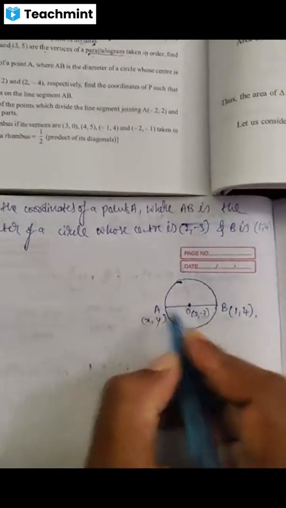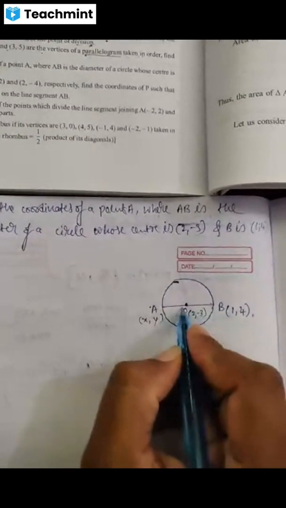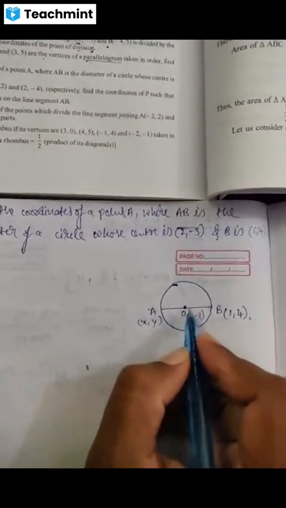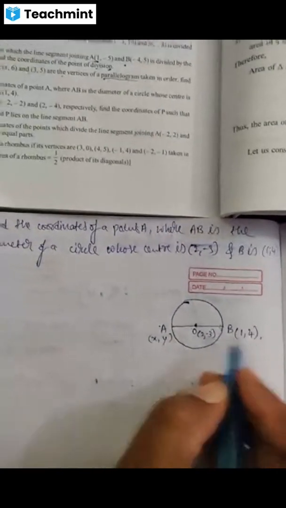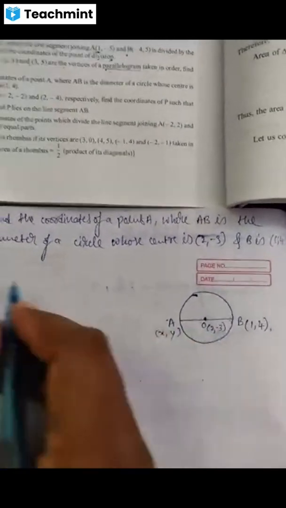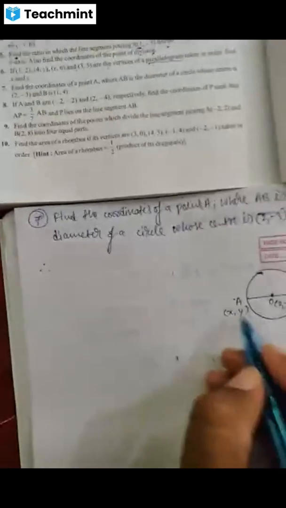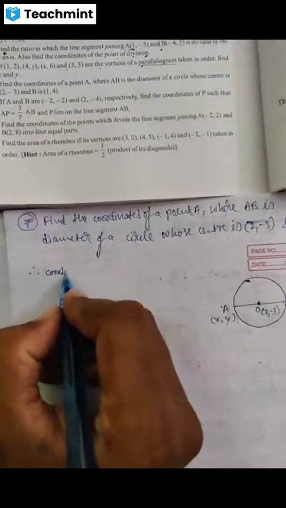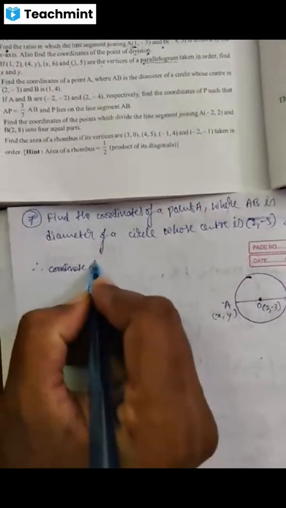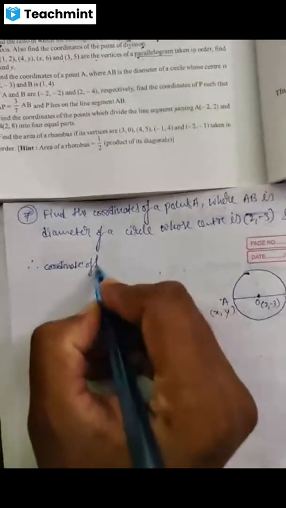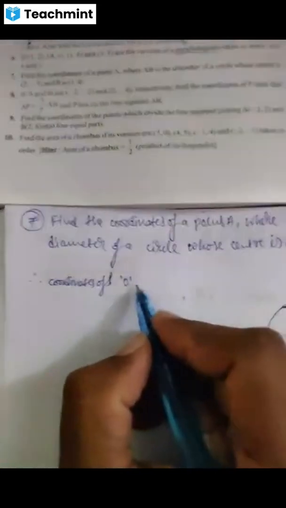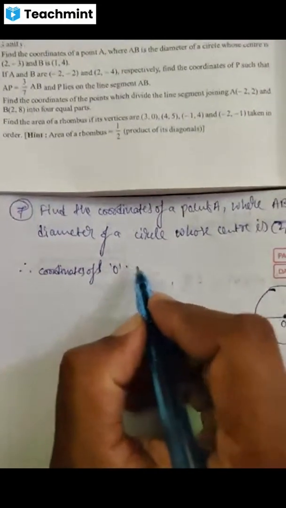Because OA and OB are equal and AB is a diameter, O is exactly at the middle of AB. So O is the midpoint of AB. Therefore, by the midpoint formula, coordinates of O,